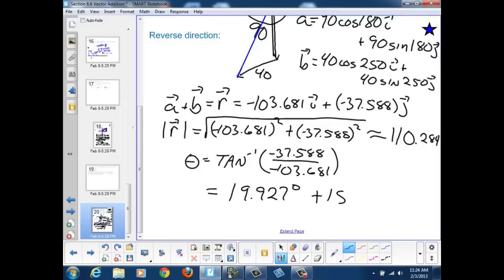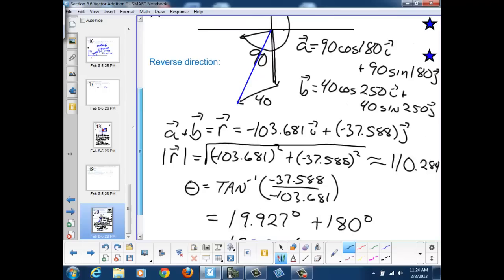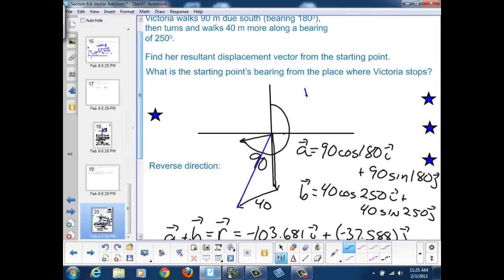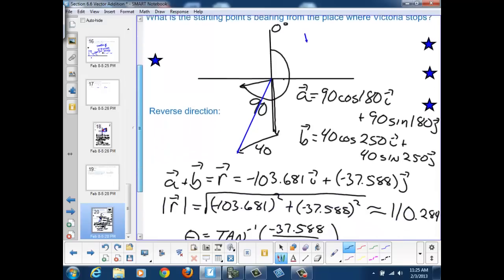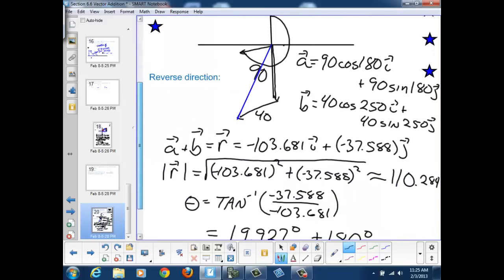So we have to add 180 degrees. We're using the arctangent concept here. So we have 199.927 degrees to be our direction angle, which if we look at our picture, we can see that yes, we should be greater than 180 degrees from our original starting point of 0 degrees. So the bearing would be 199 degrees, and the magnitude is 110.284